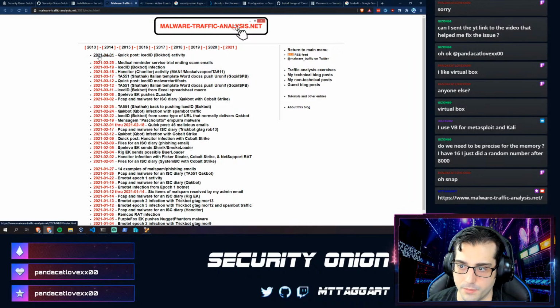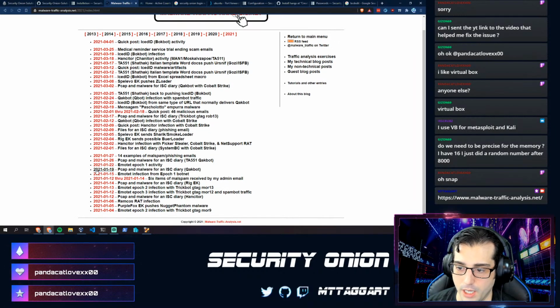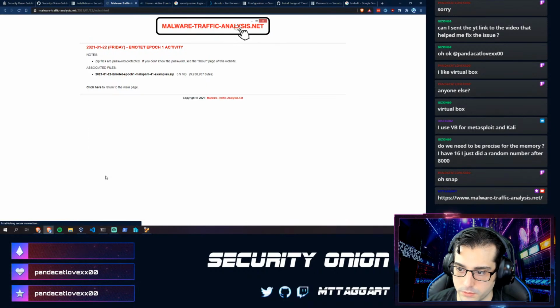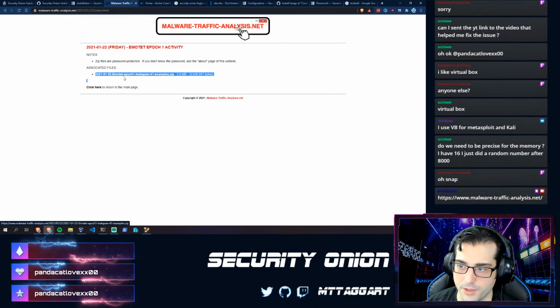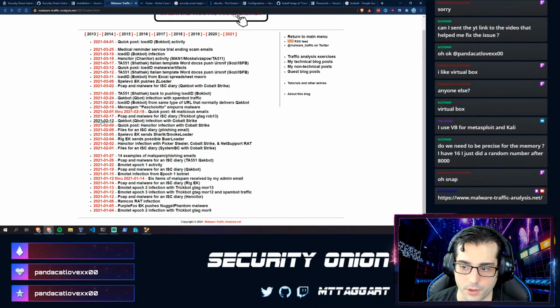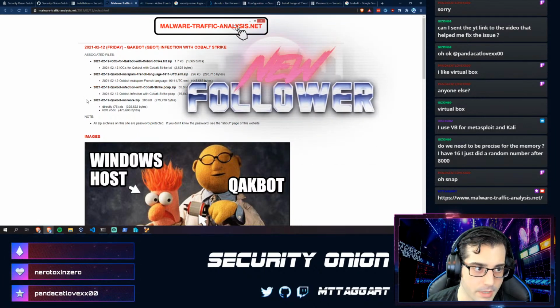And let's go into 21, for example. You can see there's Quackbot, I think I saw. Yeah, there's Quackbot. Kind of a lot of it, actually. Emotet, if you wanted to check out Emotet. Right, so these are malspam examples. So it's not always network analysis. Sometimes it's other artifacts. So for example, this Cobalt Strike, Quackbot with Cobalt Strike, couple of things. Not only does it give you the PCAPs, but if we look at the malware here,